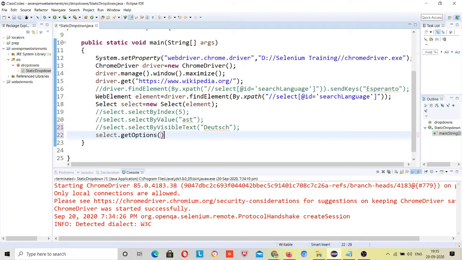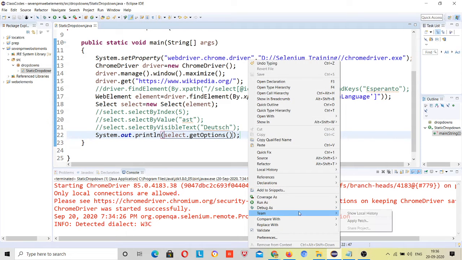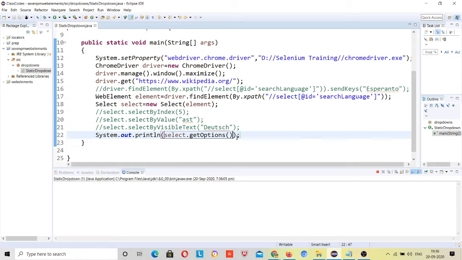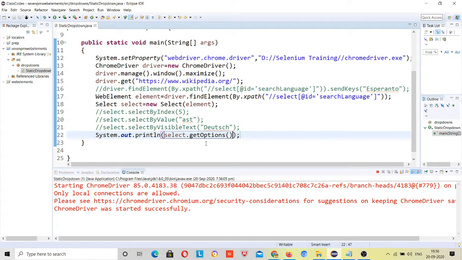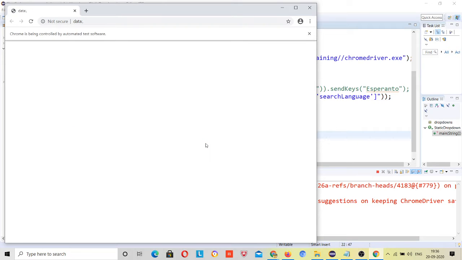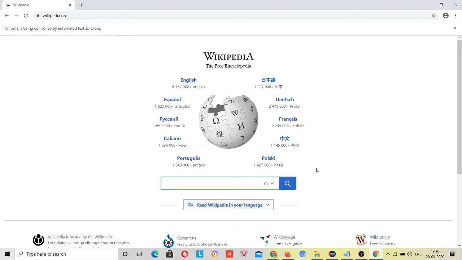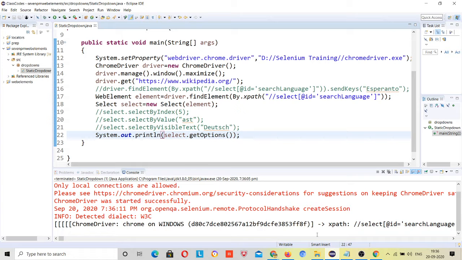Now you will get all the options, right? Suppose I want to print all these options, then I can directly print these. But this will be printed in web element format. If you use the get text method, then you can print in that format. This is in web element format.